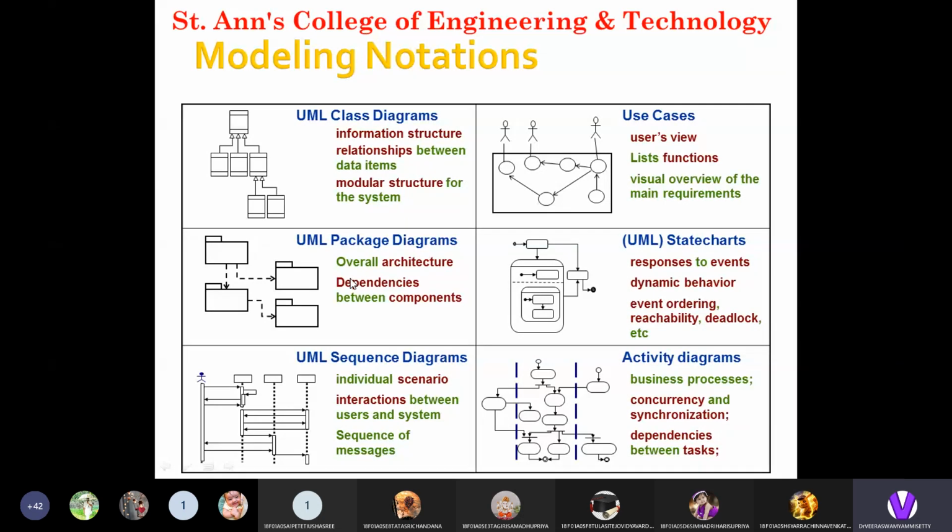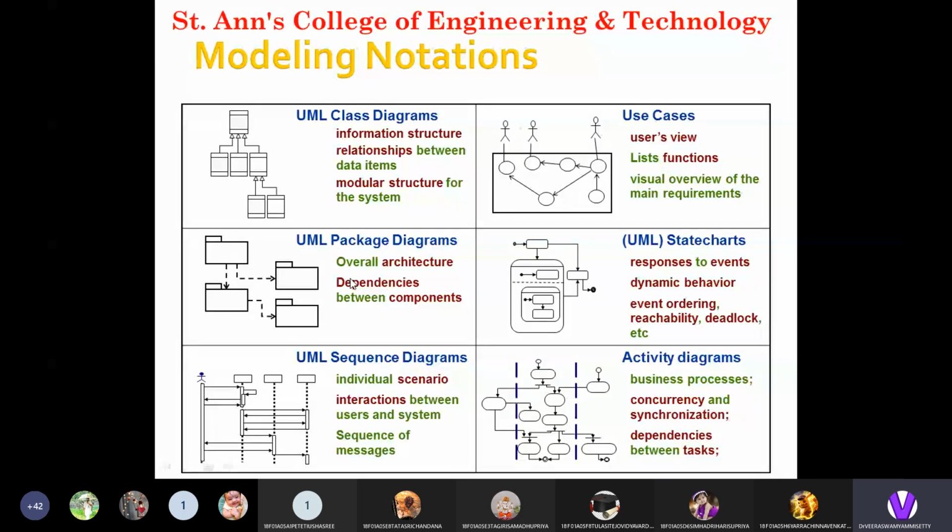These are six different modeling notations we have to understand. UML plays a key role when developing any kind of project scenario.